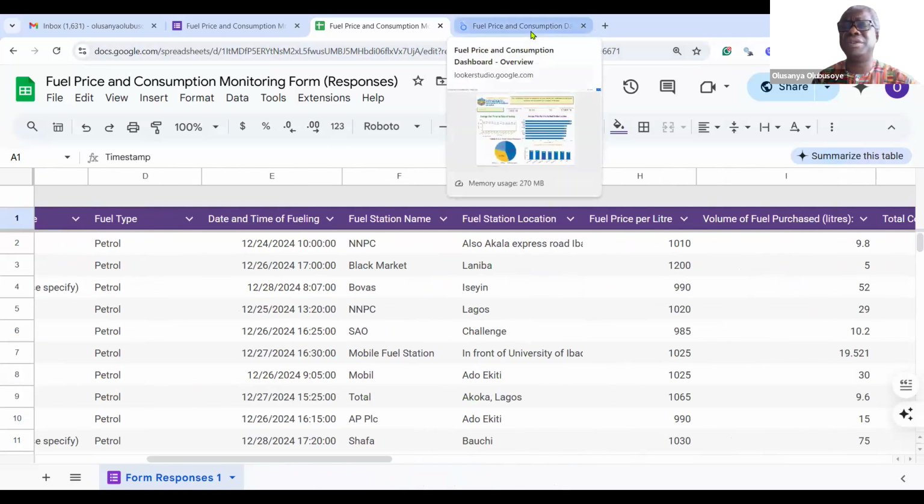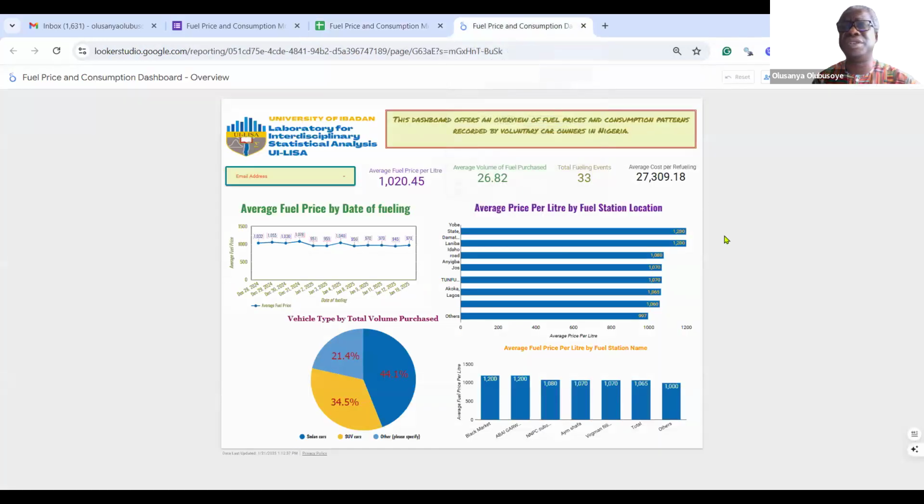So I also took you to the dashboard. This is created on Looker Studio.